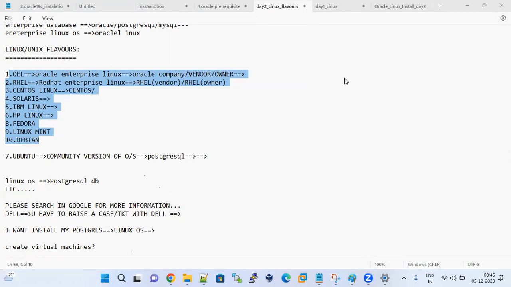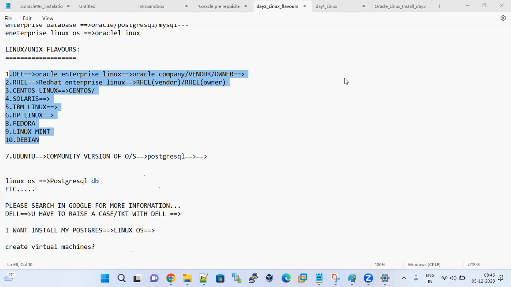Mostly, for all the database projects, they must use a Linux operating system. Any flavor of Linux, that depends on the business requirement. Suppose OEL, the license cost is very low, yes, you can go and use OEL. Compared to RHEL, the license cost is high. Some people want to use RHEL, yes, go and use RHEL. You don't have any concern.